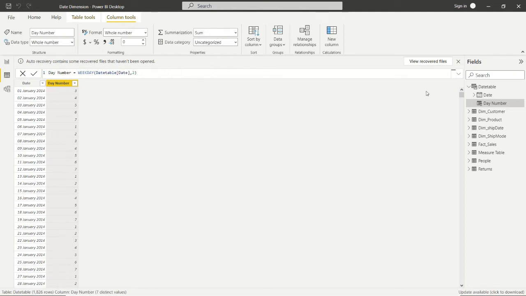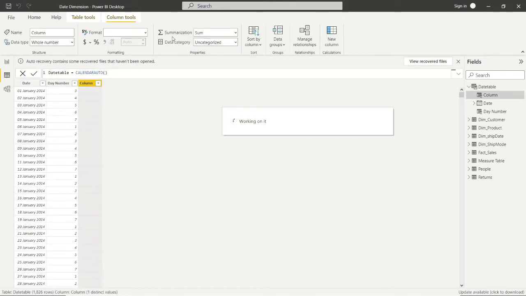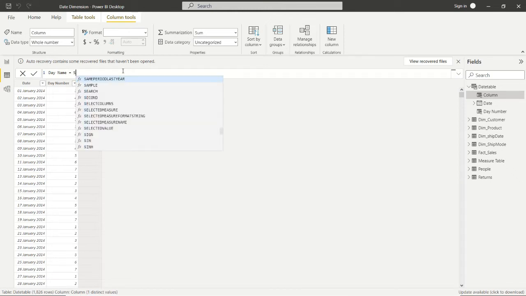Now next is the day name. Suppose you want to express the day name like Monday, Tuesday, Wednesday, Thursday. We can do that also. So let's create another column. Day name is equal to, and here we'll use the SWITCH function.